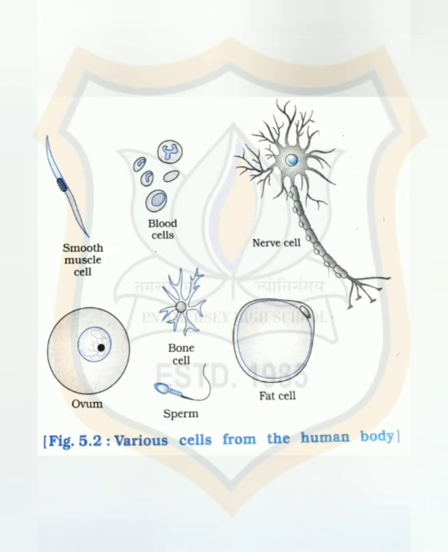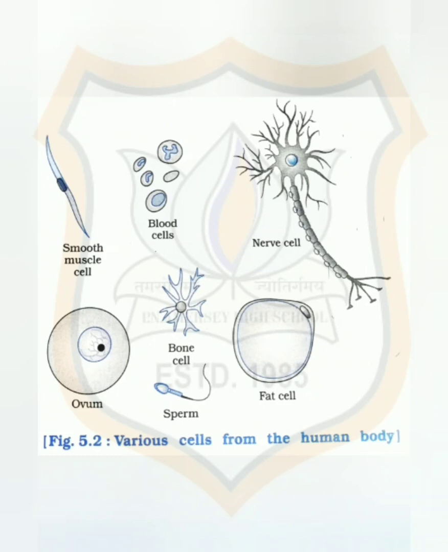Students, one question may arise in your mind. Do all cells look the same in terms of shape and size? Cells from one specimen look the same in size and shape. But the size and shape of cells from different parts of the plant look different. Not only in the case of plants, but in the case of animal cells also. So, cells from different parts of the plant, or we can say animal cell, are different in shape, size and structure, as they perform different functions. So, they are not the same.